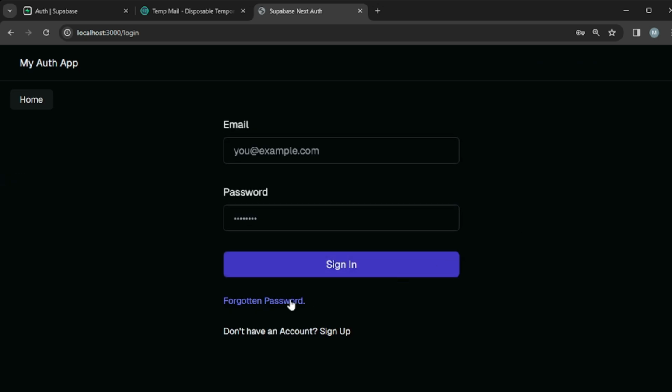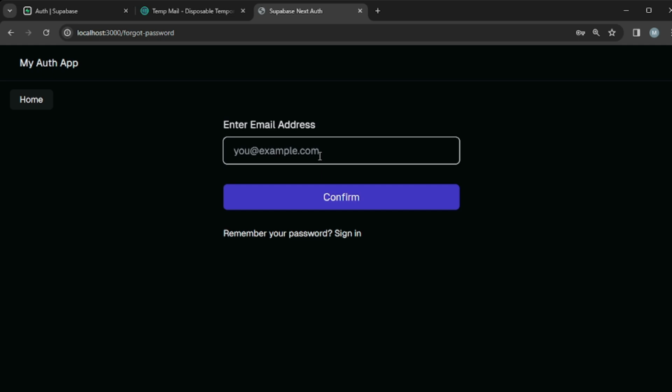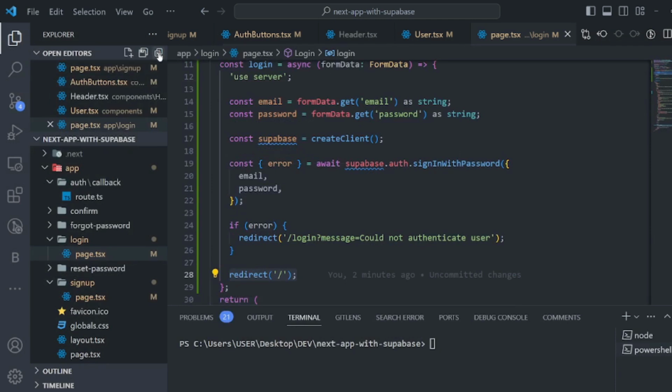So I'm going to click on forgotten password, which is supposed to take me to the forgotten password page. So I am on the forgotten password page. Here I'm supposed to enter my email so that it will send me a verification link. All right, so what we are going to do is to implement that as well. So let's go back. Let me close some of these pages,